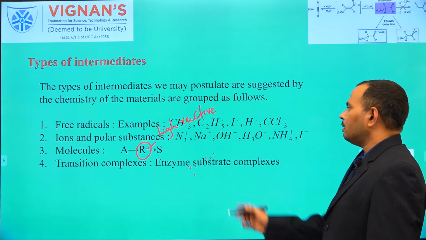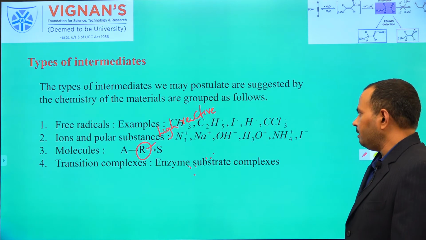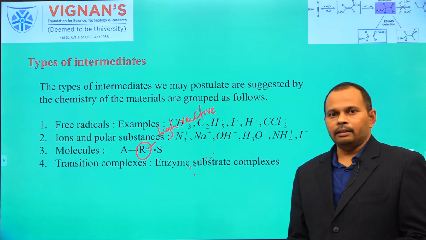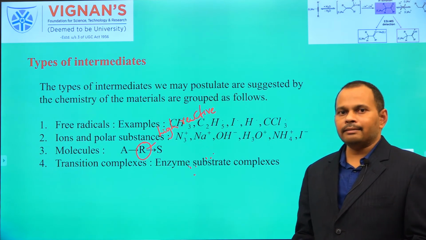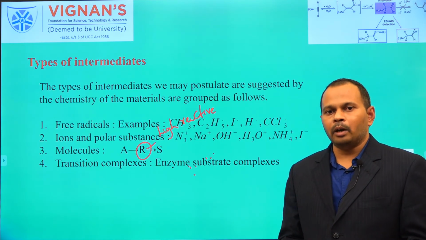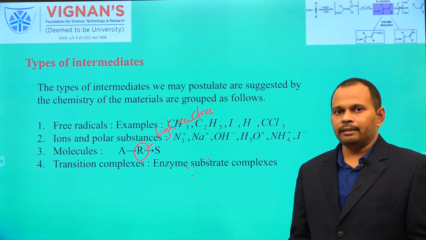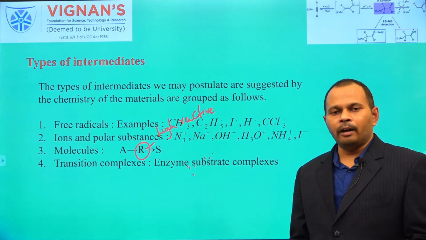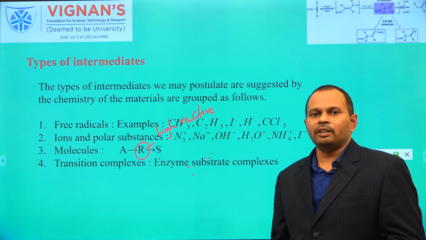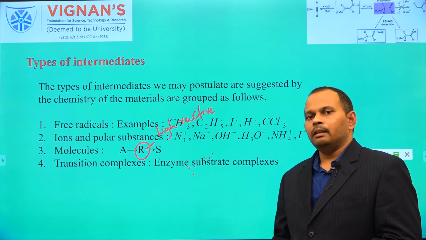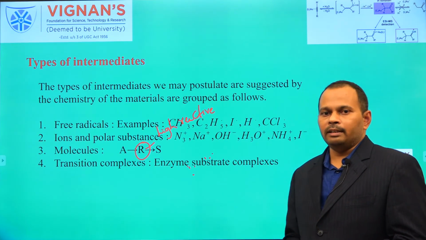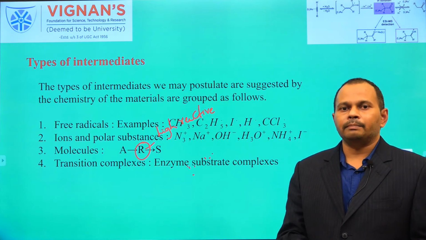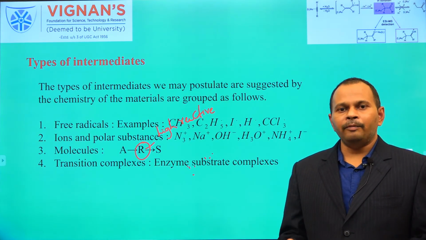The fourth one, transition complexes. During the reaction we can have numerous collisions between the reactant molecules, which results in a wide distribution of energies among the individual molecules. This results in strained bonds, unstable forms of molecules, and unstable association of molecules, which further decompose to give products, and by further collisions return back to the normal state. So, these unstable forms of molecules are known as transition complexes.